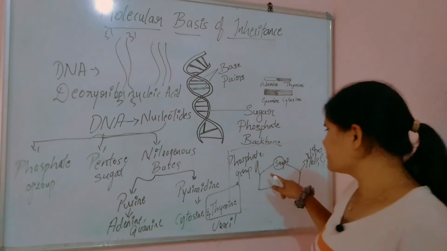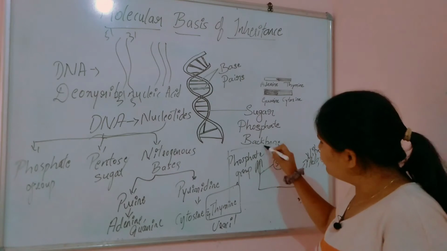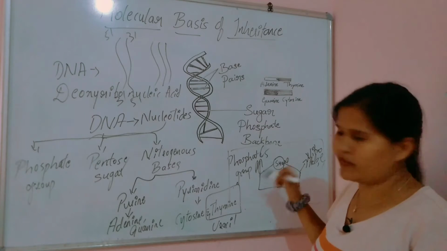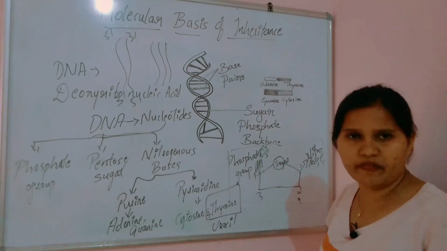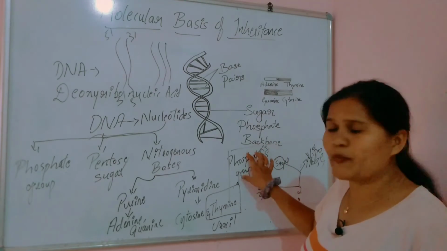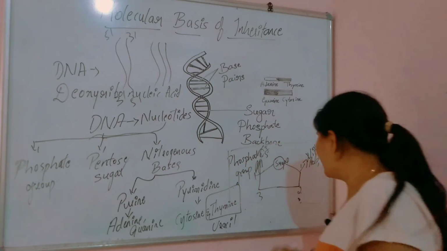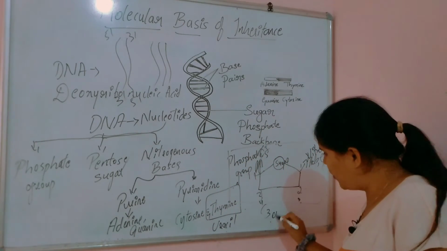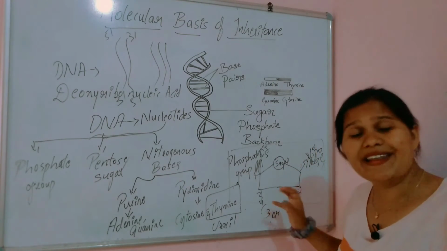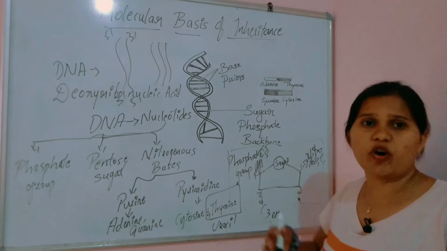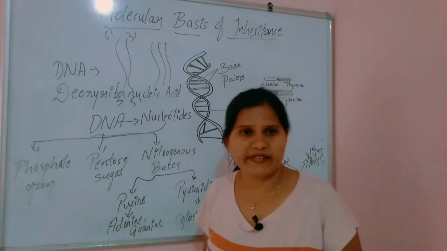When these nucleotides are formed, here is the fifth carbon, C5. This is 1, 2, 3, 4, and this here will be the fifth carbon. Here the phosphate group will be free, so it is called the 5'. And in case of C3, the OH group will be free, when this nucleotide is the last nucleotide and there is no other. So this OH group at C3 will be free, hence it is called the 3'.